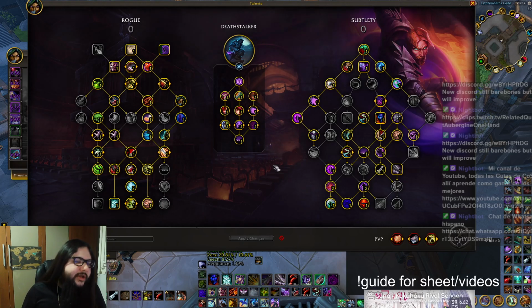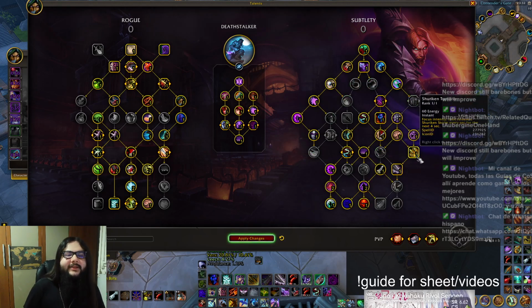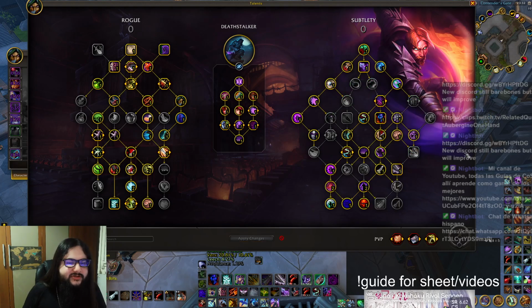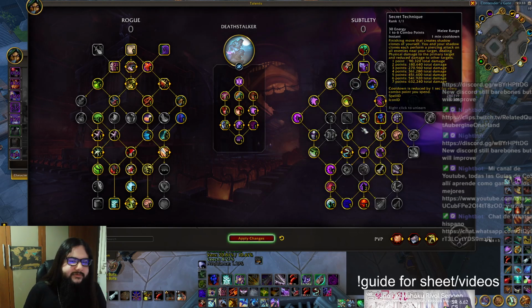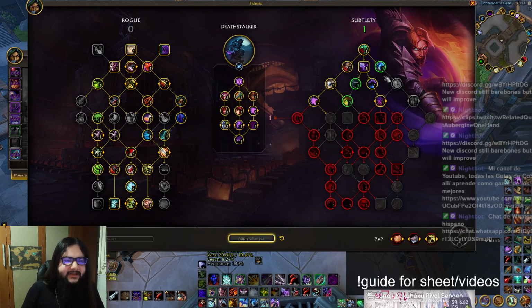As you might already know, we have different builds. This would be a build that you could play for Mythic Plus, but Deathstalker also can play with Tornado. I'm going to also teach you how to play with Tornado in another video. This one is going to be for single target. Now, for single target, you can get some extra damage by changing these 2 points to these ones. Now, Shadow Focus is like 0.2% or 0.3%. It's nothing crazy, but in my case,